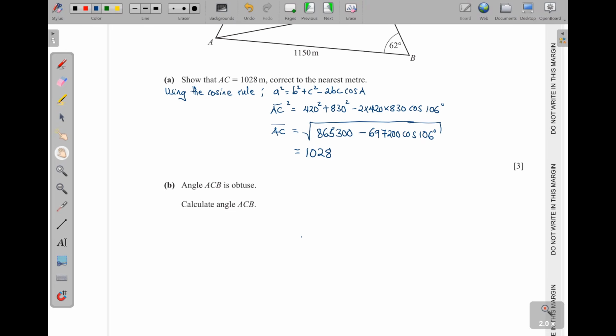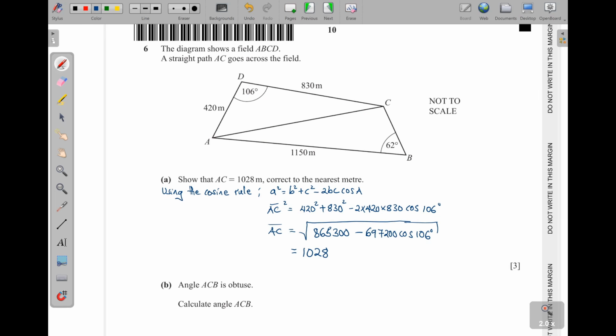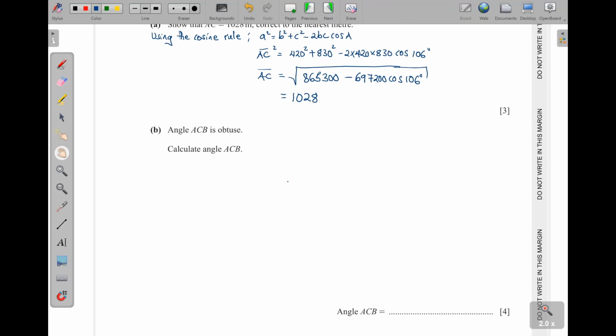Next, part B, angle ACB is obtuse. Calculate the angle ACB. So angle ACB is the one they want us to find, but the side opposite to it is known. Then we know this other angle, and the side opposite to it we have also gotten as 1028 meters. So for that case, we can use the sine rule. Here we are going to use the sine rule,